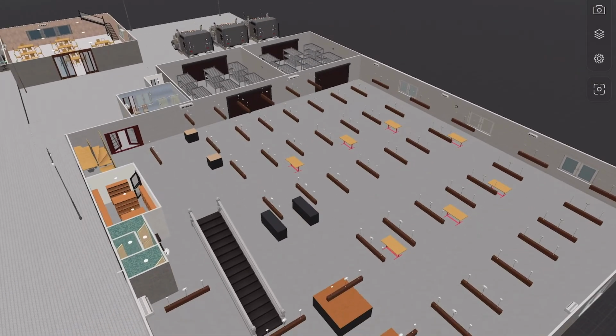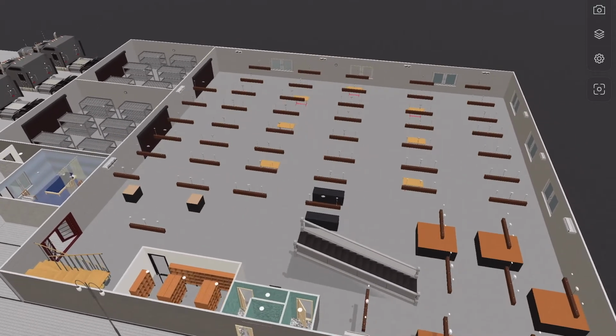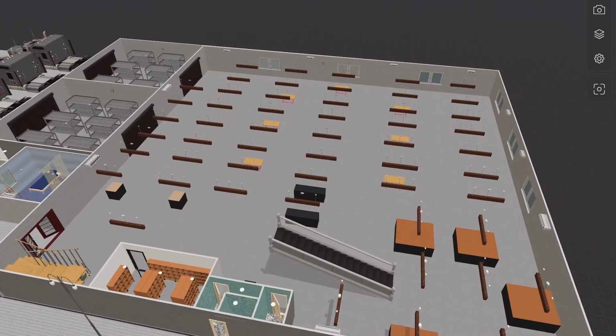This floor also has a locker room with an area of 30 square meters. And the toilet has 2 closets and 2 urinals. The material handling on the first production floor is a conveyor to move components from the second floor to the first floor.